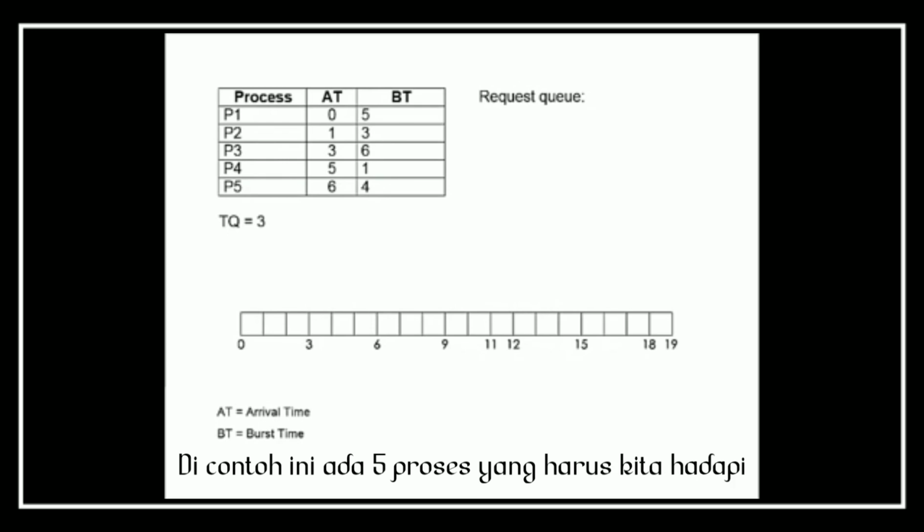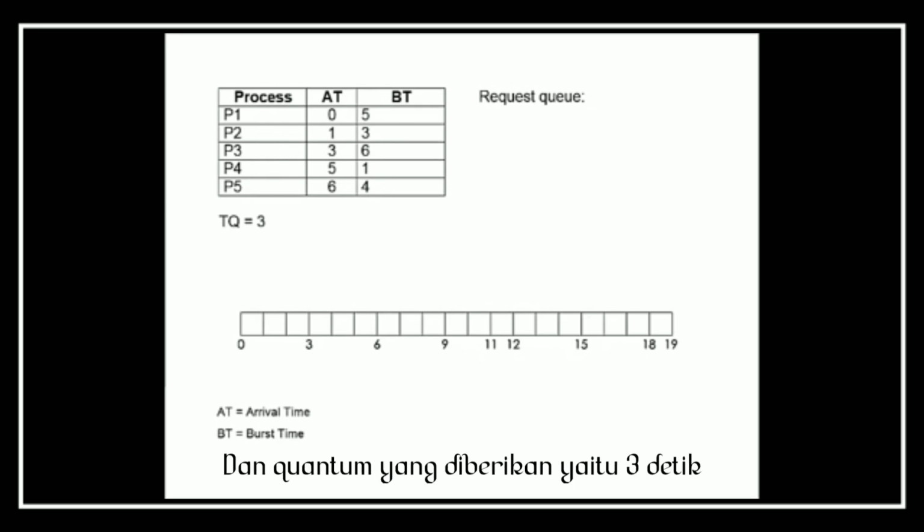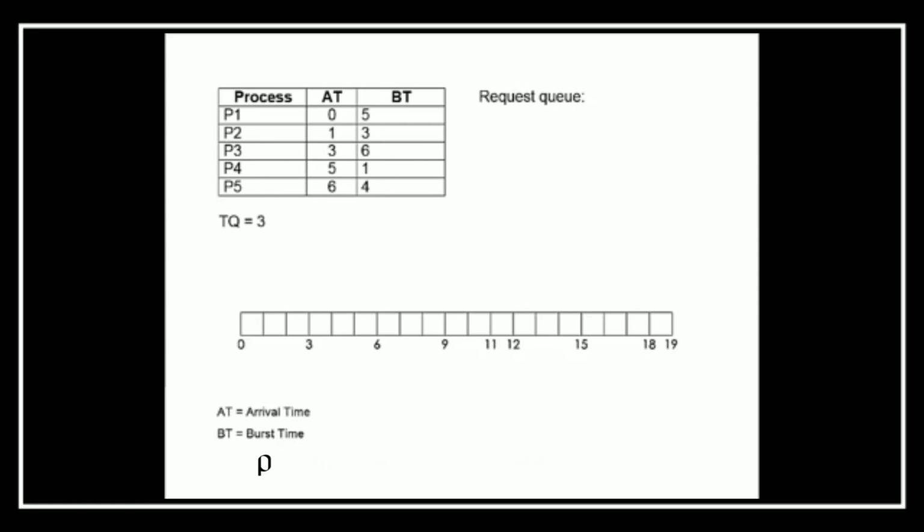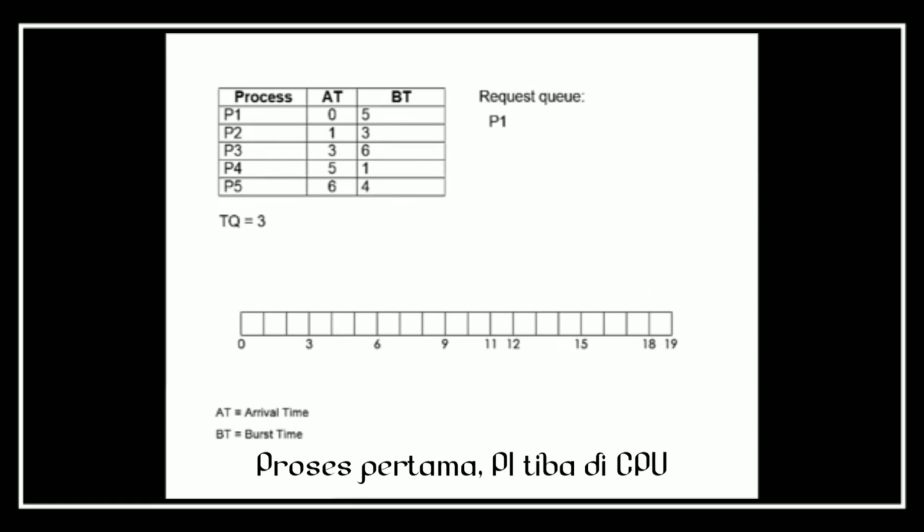In this example, there are 5 processes that need to be handled, and the time quantum given is 3 seconds. Let's get started. When we have processes arriving, we have to put them in the request queue according to their corresponding arrival time. First, the process P1 arrives in the CPU and is first to be put on the request